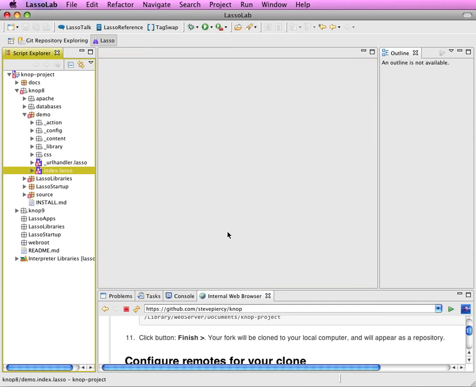And next I want to actually do a really brief demo of the Knop project. So we'll start that now. Now to go into the Knop demo, I've already installed the MySQL database. I've also configured my virtual hosts and Lasso site admin for that instance so that it will serve. And to actually view the demo,